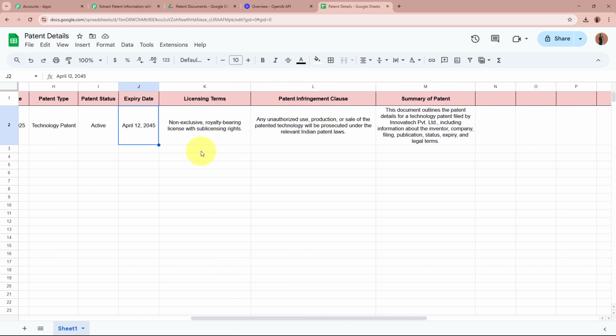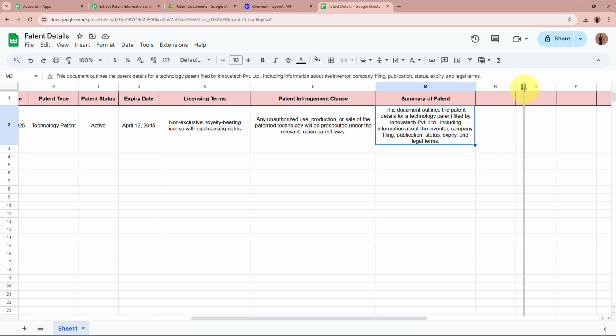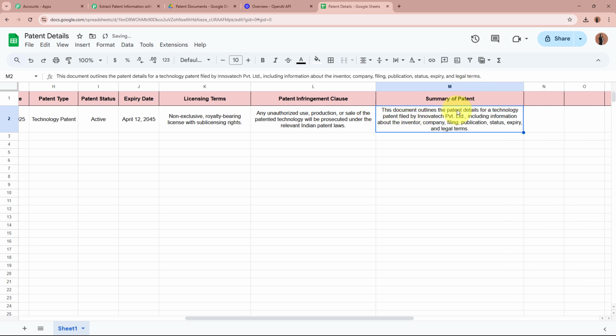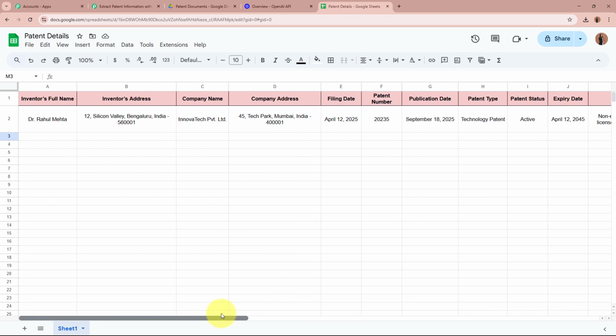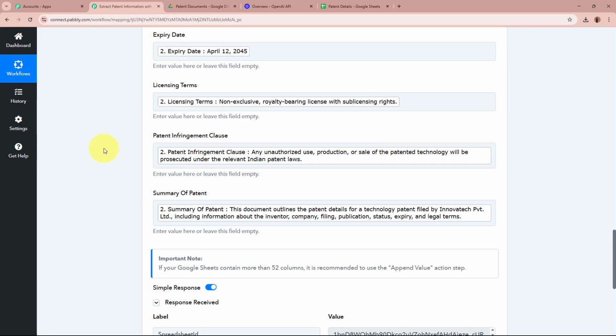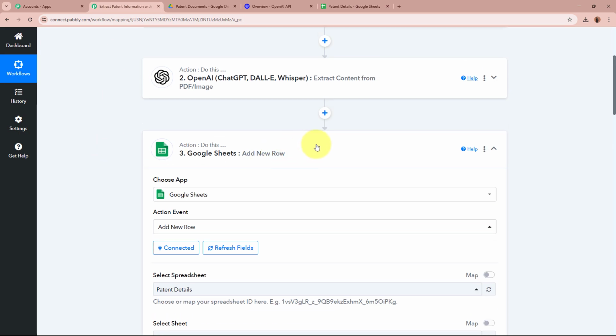If I scroll, this is the licensing term, patent clause, and the summary of the patent as well. The summary says this document outlines the patent details for a technology patent filed by Innovatech Private Limited, including information about the inventor, company, filing, publication status, expiry, and legal terms. You can see the record of the details of my patent document has now been successfully created in this spreadsheet right here. This means this workflow, that is the AI agent that we created with Pabbly Connect, is now